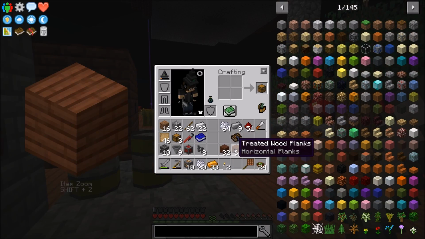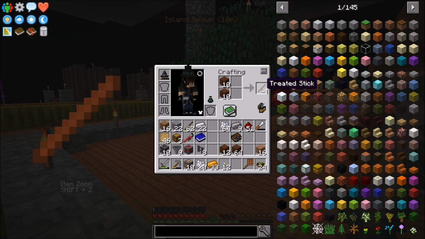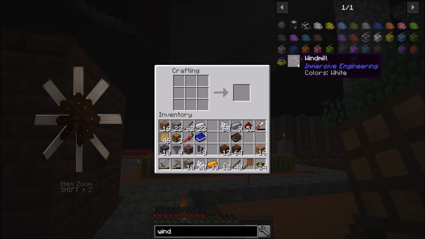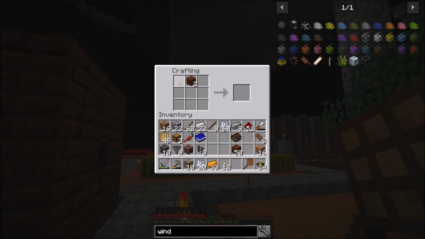Okay, so there's a fair few treated wood planks. And then we're going to go ahead, this is a bug that happens. Let's go ahead and make ourselves just a bunch of these treated wood sticks. I'll go with like 40. And what I would like to make right now is a windmill. This requires windmill blades and iron. It's super cheap. So let's go ahead and get 8 of these,